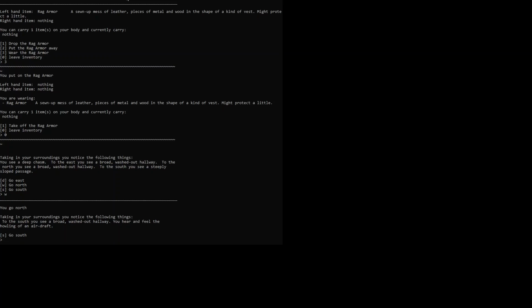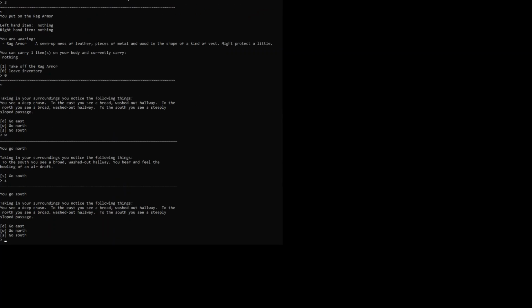And this is a dead end. Taking in your surroundings, you notice the following things. To the south, you see a broad washed out hallway. You hear and feel the howling of an air draft. So we go back. And I think we came from the south, so we might as well go east to